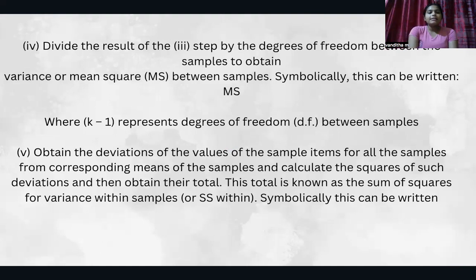Next step, we need to obtain the deviations of the values of the sample items for all the samples from the corresponding means of the samples, calculate the squares of such deviations, and then obtain their total. This total is known as the sum of squares for variance within samples, symbolically it can be written as